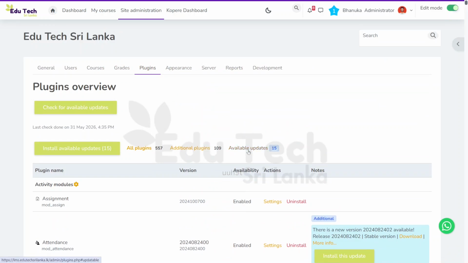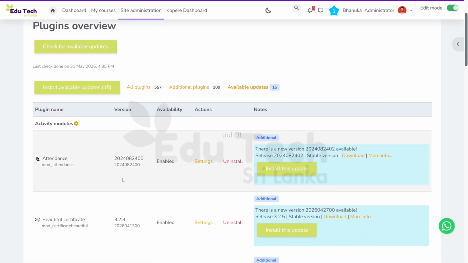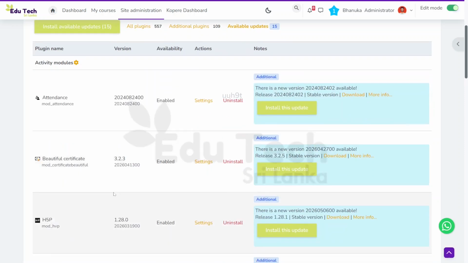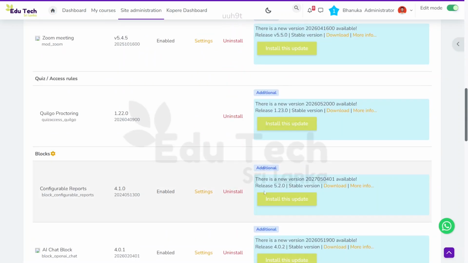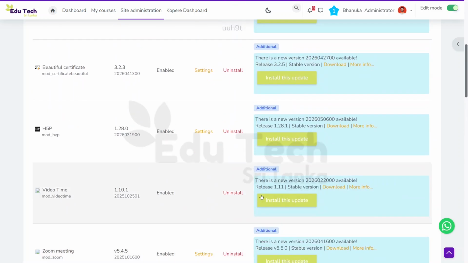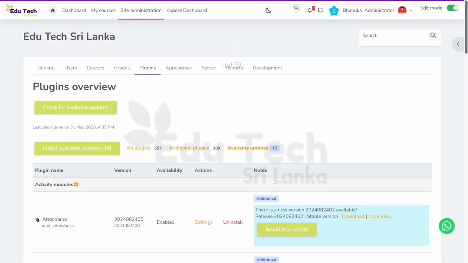By clicking on these available updates, you can see the plugins that require updates, that should be updated. There are available updates and these should be applied, and this will give you lots of benefits. In addition to new features, it will help you protect your learning management system.